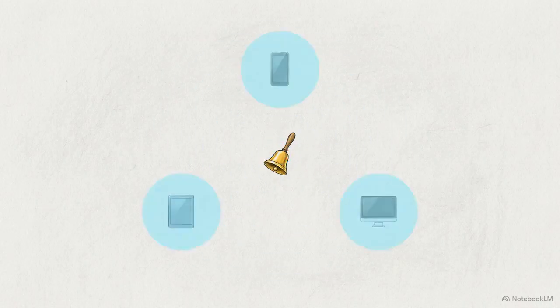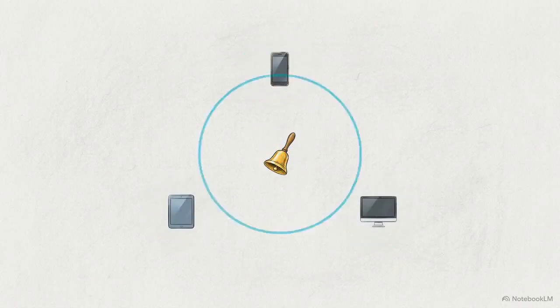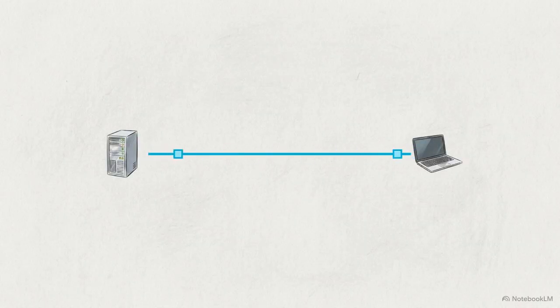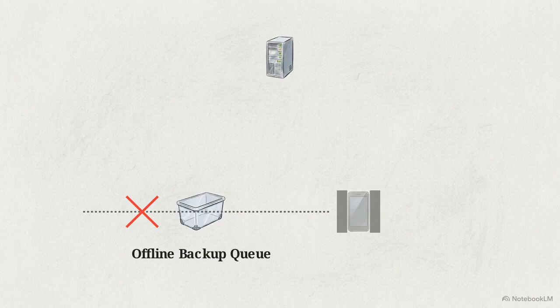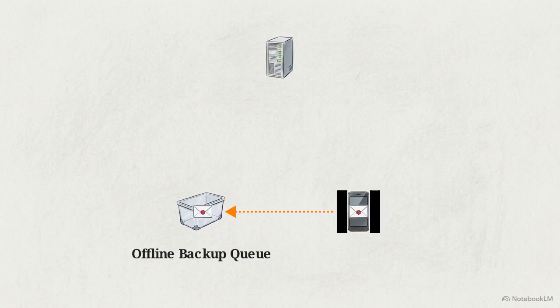A notification service must instantly alert distributed clients the moment a file changes so they can fetch updates. Long polling maintains a persistent connection between the server and online clients, providing real-time updates without the overhead of WebSockets. We also have to account for users who edit documents while disconnected from the network. We route those alerts into an offline backup queue, which stores the notifications until the client restores its connection. Upon reconnection, the client pings the queue, pulls the missed metadata, and downloads the specific blocks needed to sync its